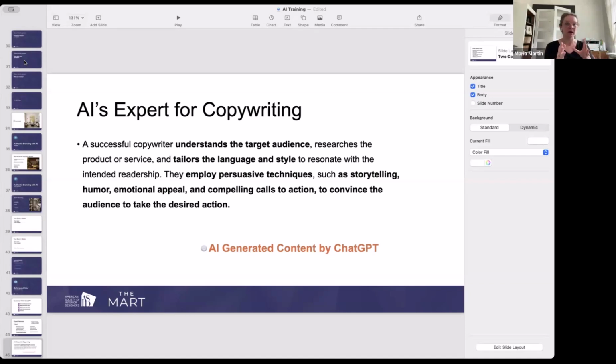A professional copywriter, this is written by AI, understands your target audience, tailors the language and style to reflect your business. It will employ the persuasive techniques. It uses storytelling, humor, emotional appeal, and compelling calls to action, and it'll convince your audience to take a desired action. So even just tapping in, instead of having just anybody write something, you want to have access to